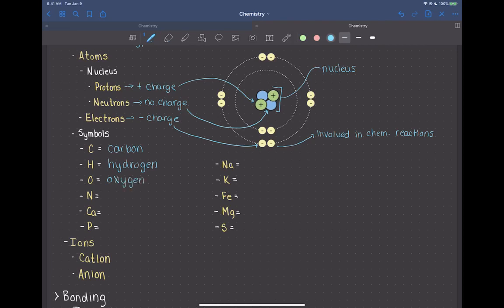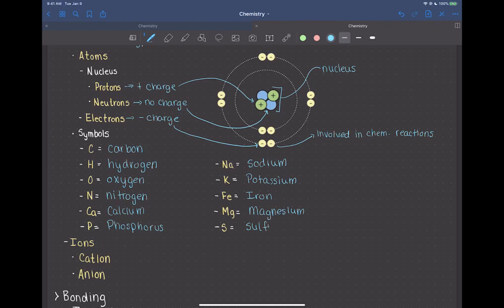Talking and writing is not very easy. N would be for nitrogen. Ca is for calcium. P is for phosphorus. Na would be for sodium. K would be for potassium. Fe would be for iron. Mg would be magnesium. And S would be